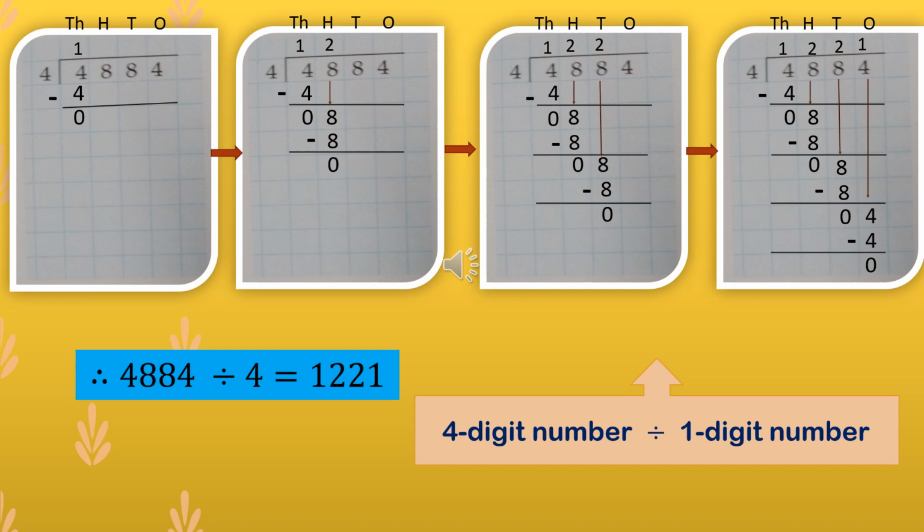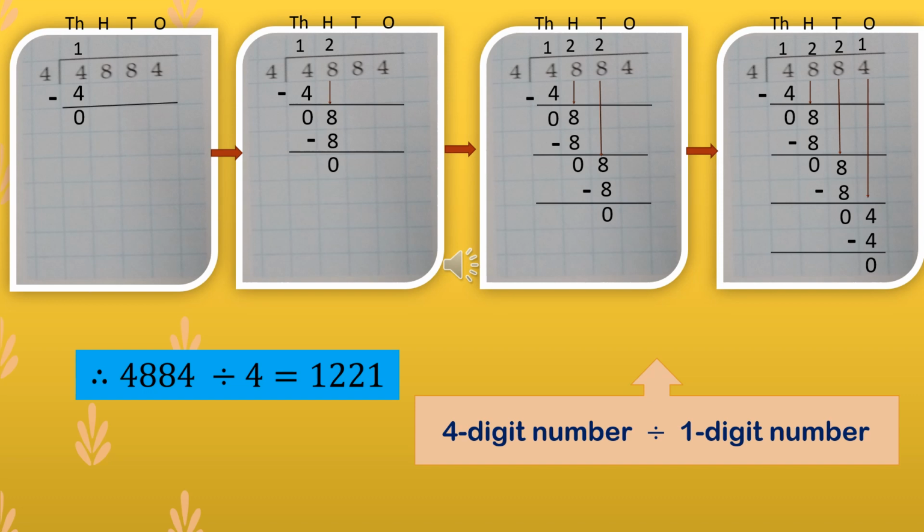Now we will bring down the number which is at the hundreds place, that is 8. So we will bring down 8. Now 8 divided by 4. We know that 4 twos are 8. So 2 we will write at the quotient place, and 8 we will write just below the number 8 which we have taken down. Now subtract 8 minus 8, that is 0. Now let's move to the third step.